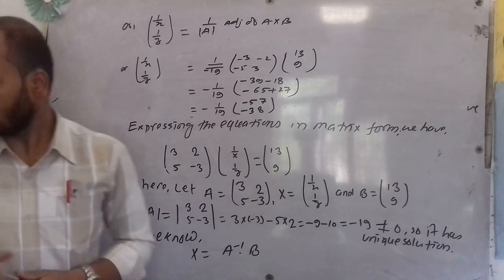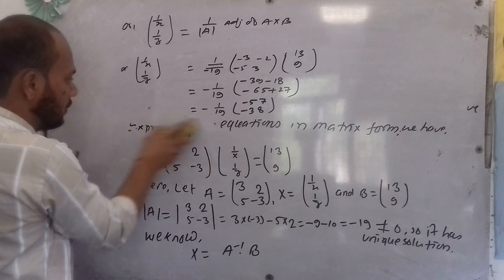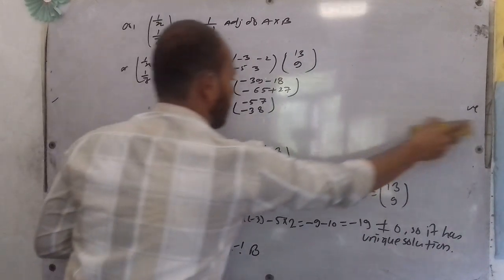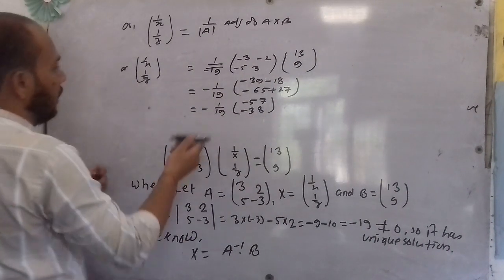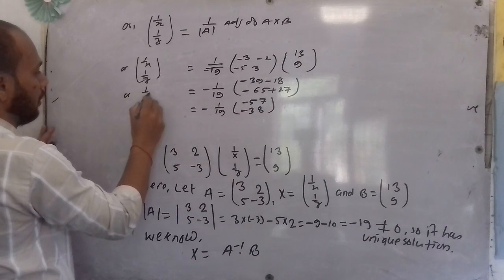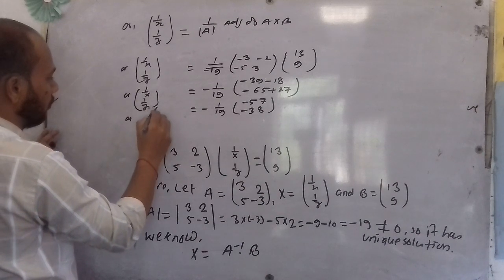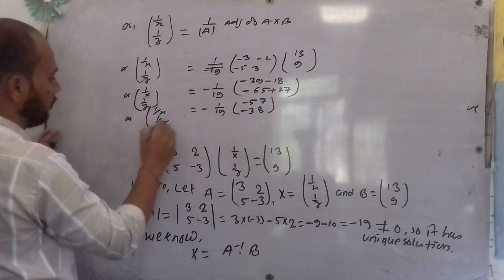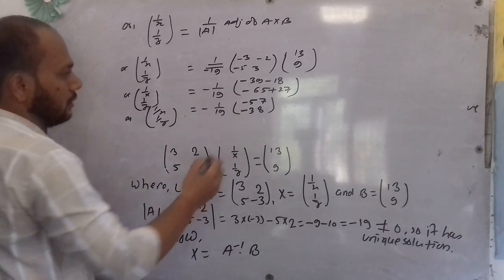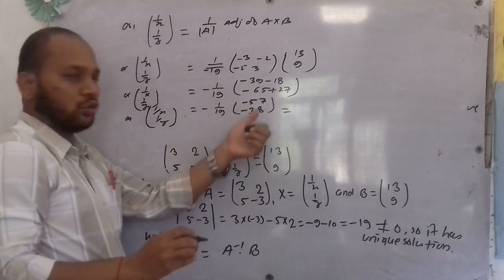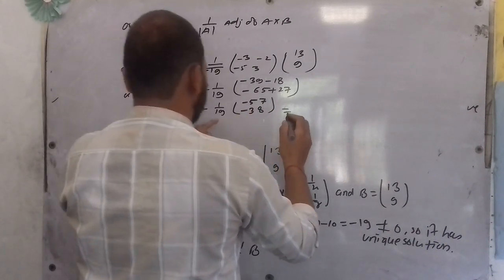Okay, now also I am going to erase this, and these are the values of 1 by x, 1 by y, and here also 1 by x, 1 by y. After completing this, now multiply these two elements by minus 1 by 19 we have,